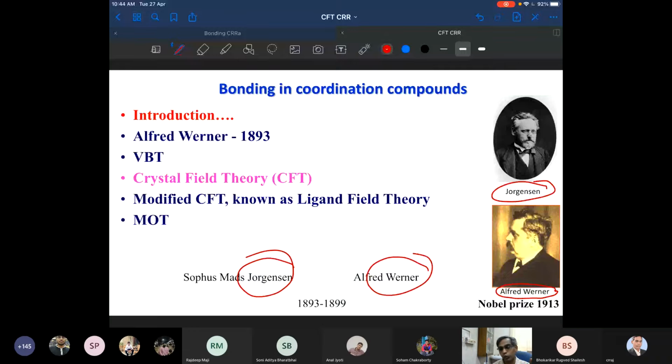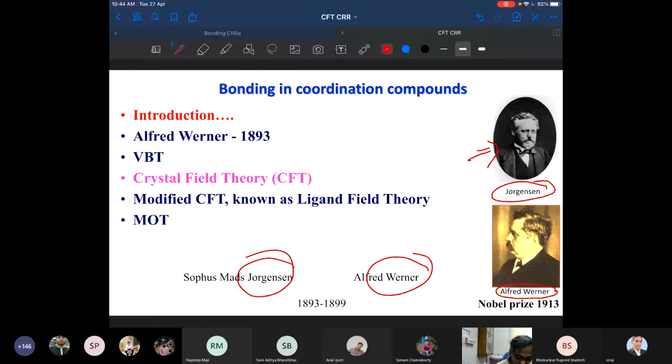Credit should have been given a little to Jorgensen, but no credit is given to him, though he developed a lot of the fundamentals. But Werner understood, modified based on what Jorgensen proposed, found the flaws, and then completely ruled out what Jorgensen had proposed. At the end of the day, who got the Nobel Prize? Not Jorgensen, but Werner. But it doesn't mean that what Jorgensen proposed is not valid. All are fundamentals for the development of the coordination theory by Werner. But he did not get any credit, right? Sometimes it happens.